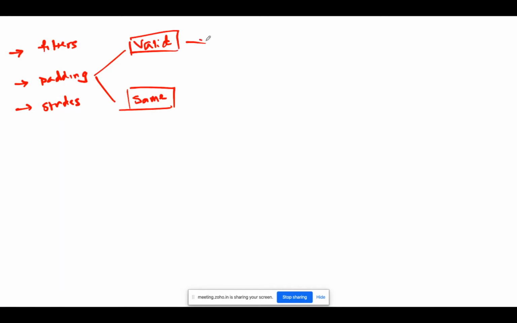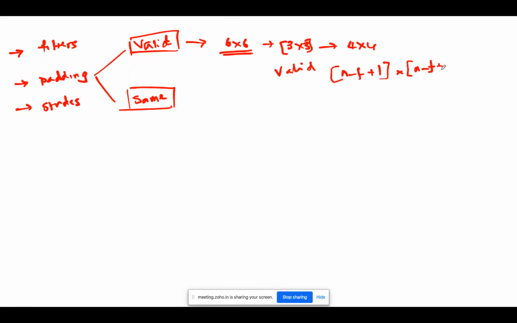Valid means when you do the convolutional of 6 by 6 with the 3 by 3, you get the 4 by 4. This is valid because n minus f plus 1 by n minus f plus 1, so the image is getting shrunk.